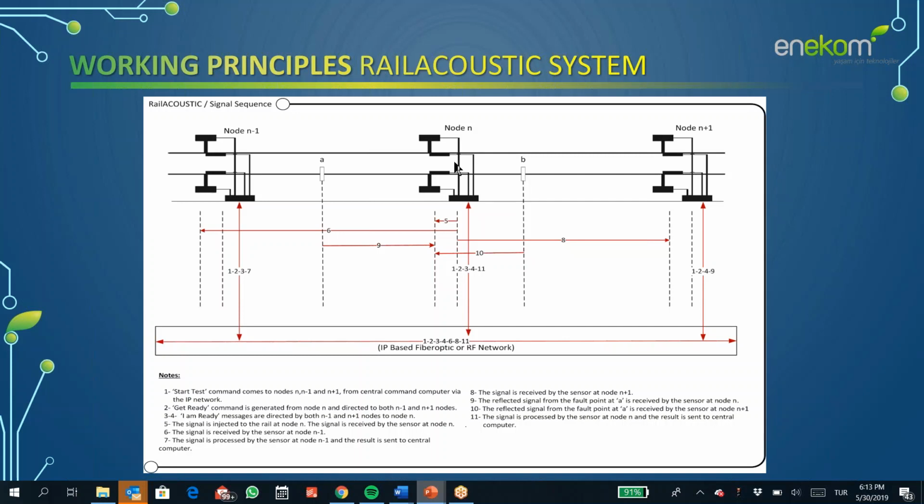And the RAG100 unit generates this acoustic signal. At the same time, the RAR100, the receiver unit, starts to listen to the generated acoustic signal. If the generated acoustic signal is accepted by its amplitude and its frequency constituents, the system generates a continue signal to the test routine, and at the end, the next unit on node N+1 and on the left-hand side, node N-1, starts to continue